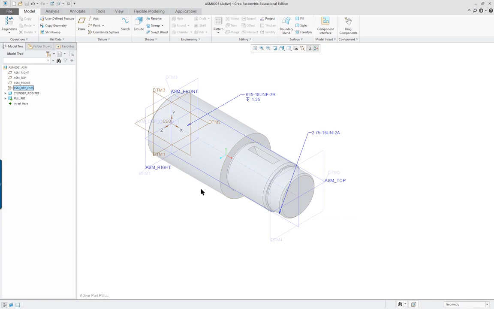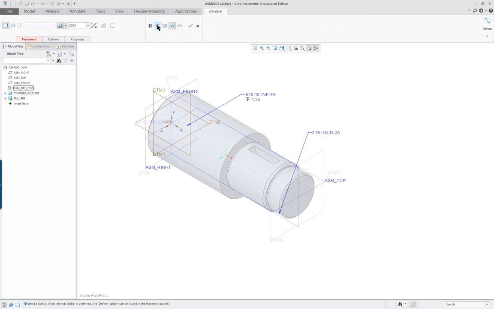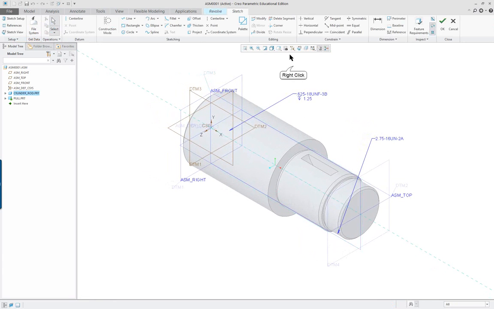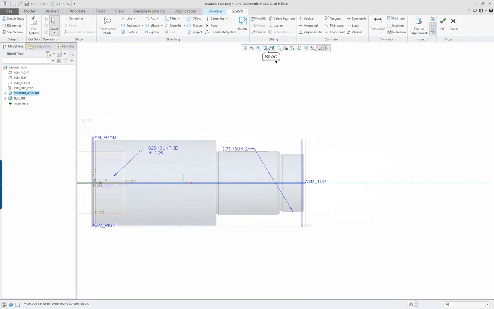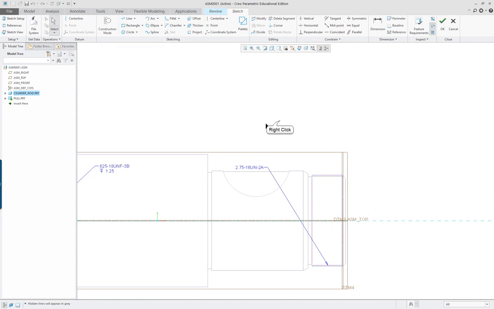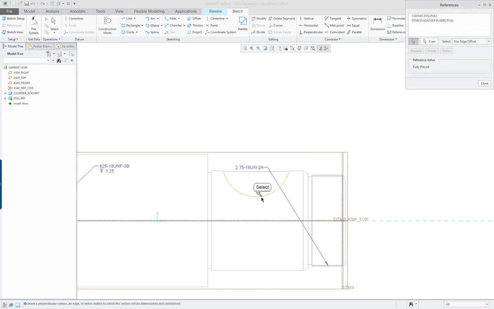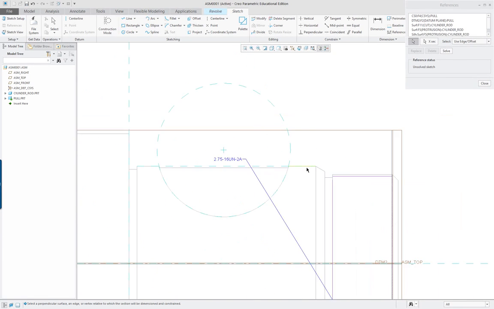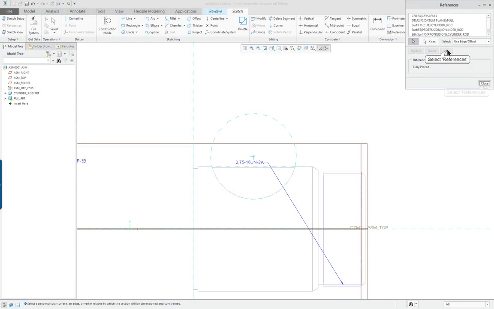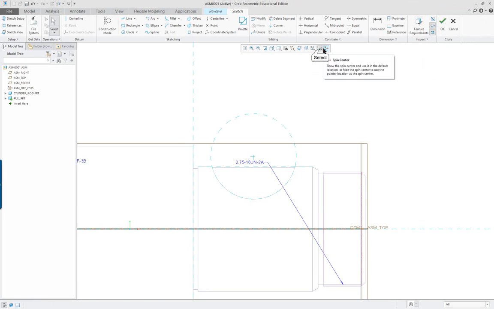So I'm going to create a circular feature here. And what I want to do is click on revolve. I'm going to select my sketching plane. Go into 2D, sketch view. And I want to turn this into hidden line because I want to see some things. I want to be able to add a reference for this here, and also an edge here. And one other reference, this one here for the hub. Solve, close, and I'll turn off the